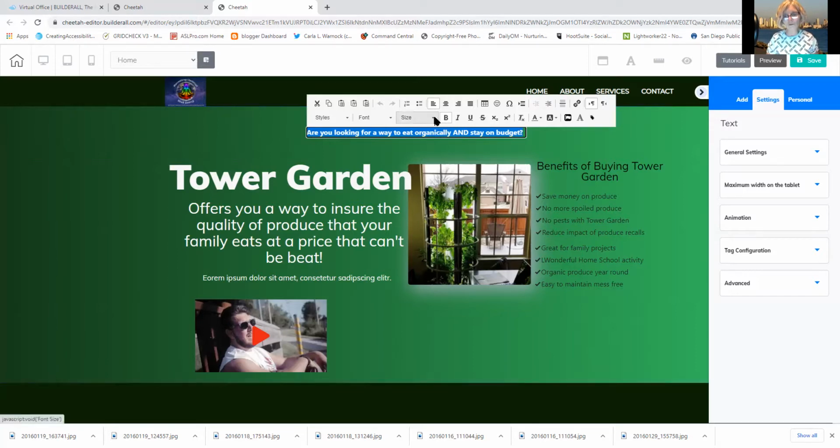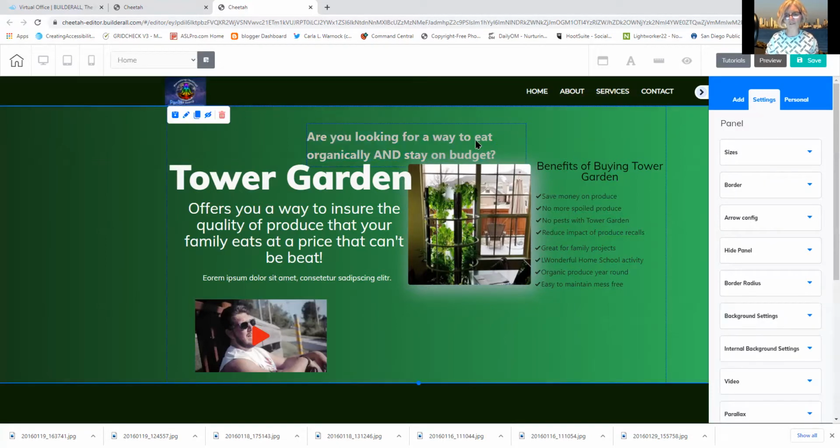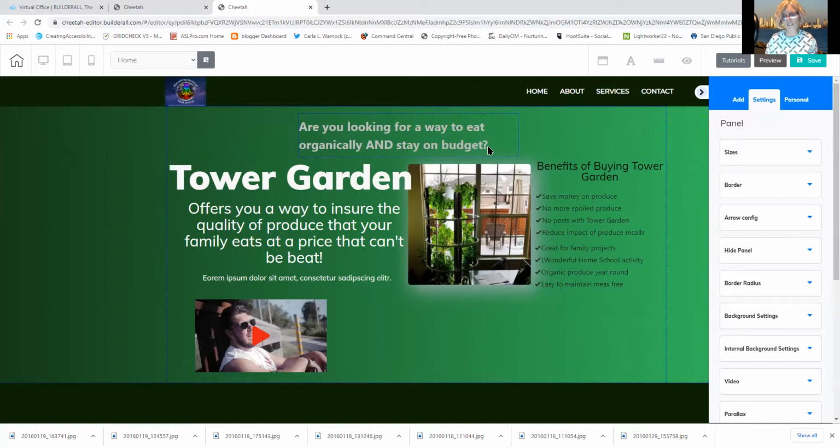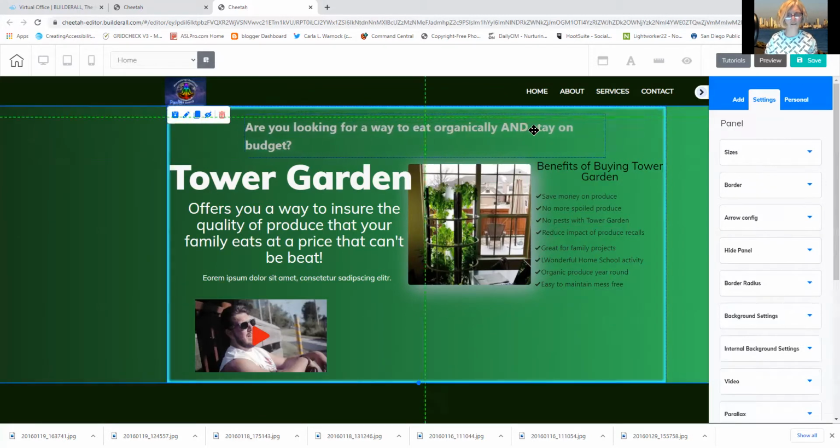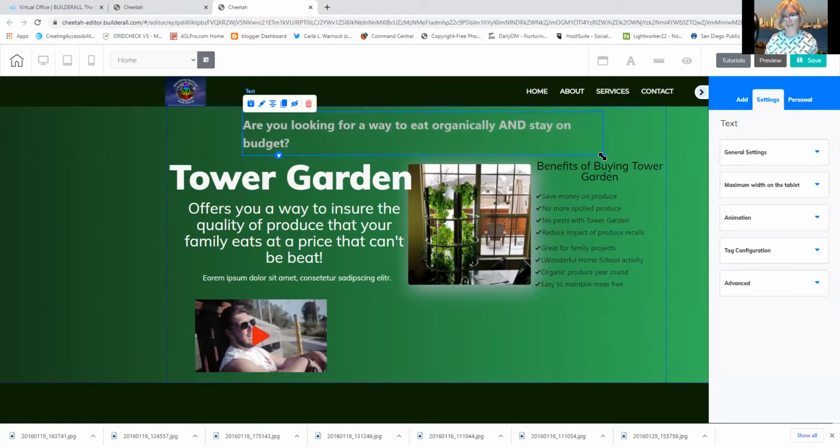I do want to change the size of this text because I feel like it's just not attention grabbing enough. I'm not sure what size it is, unfortunately. That's a little bit too big for the space it's in, but I'm going to adjust the size and we will be good to go. All right, now